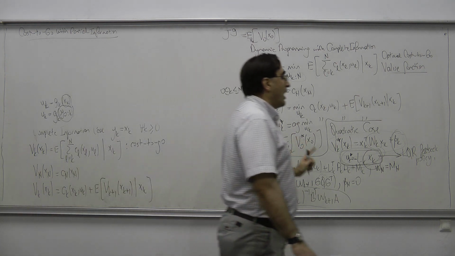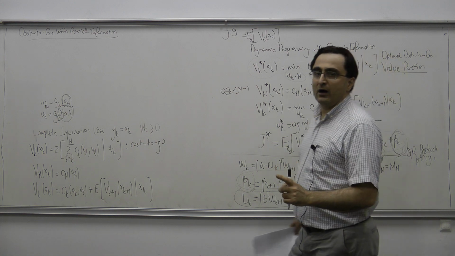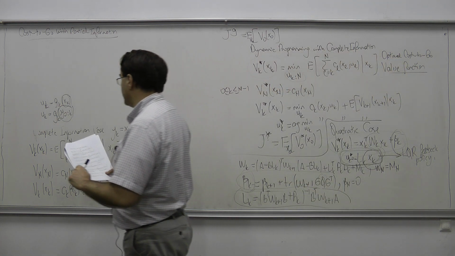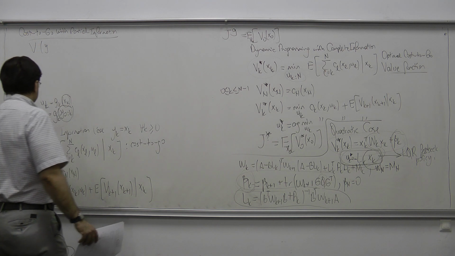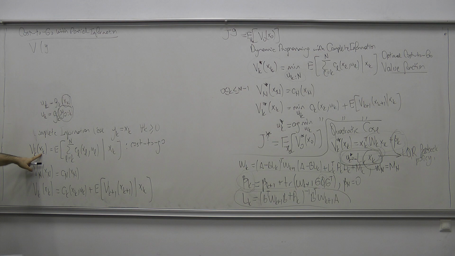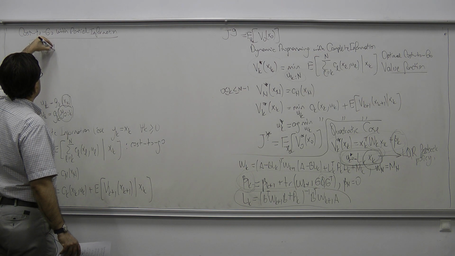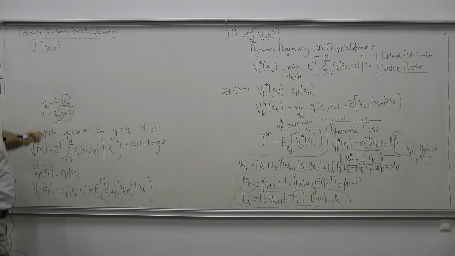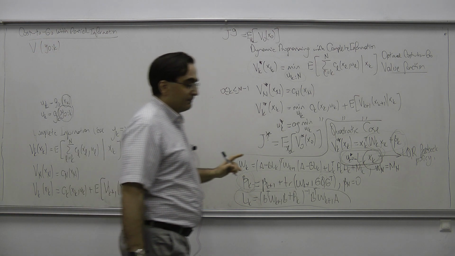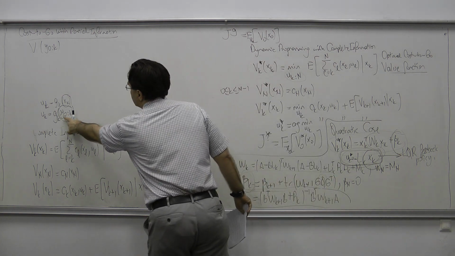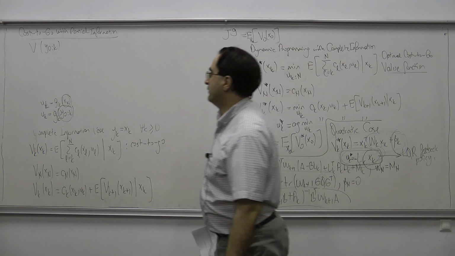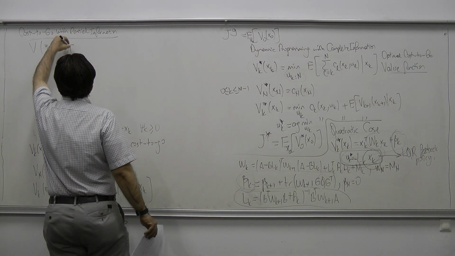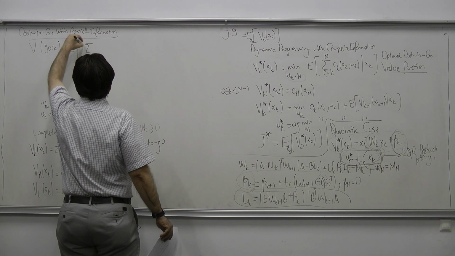Okay? That is how we are going to define our new cost to go for the partial information case. So I'm defining here V of, in the perfect information case we had XK here. In the partial information case, we are going to have V of Y0K. Okay? That is what the input is a function of. That is going to be equal to expected value L